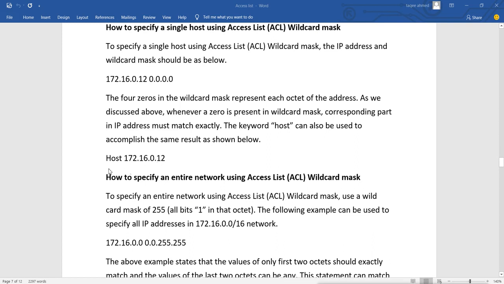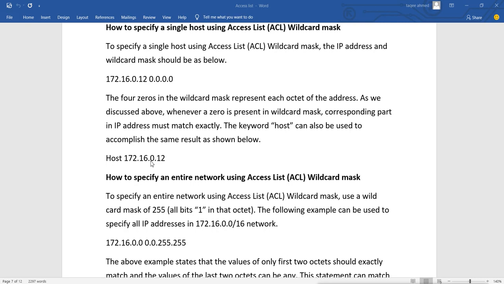So if you want to allow or deny a single host, we can mention the IP with the wildcard 0.0.0.0, or we can use the command host and the IP address. Whenever you use the host keyword, you don't have to mention a wildcard, because host means you are mentioning a single host, not anybody else.